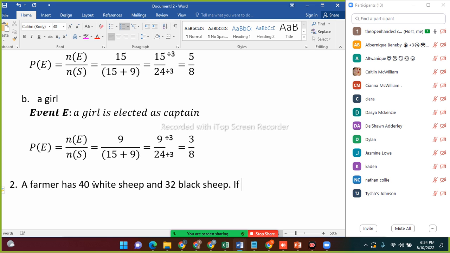If they, we're talking about the sheep, if they are rounded up in any order, for shearing, what is the probability